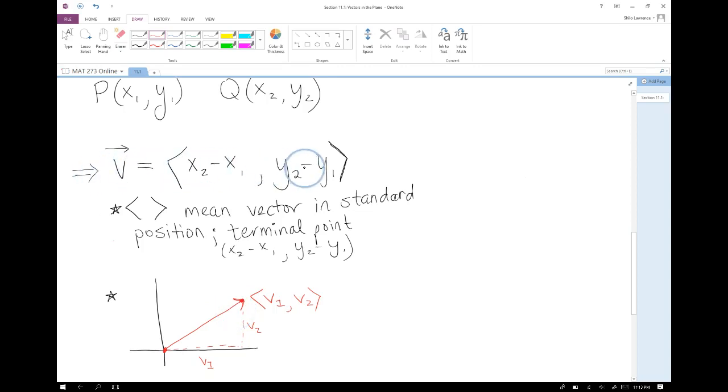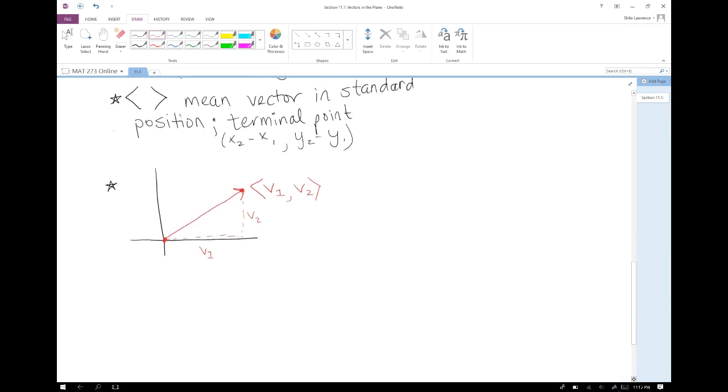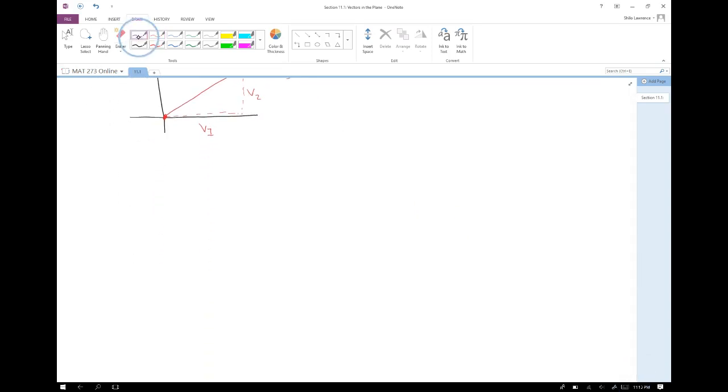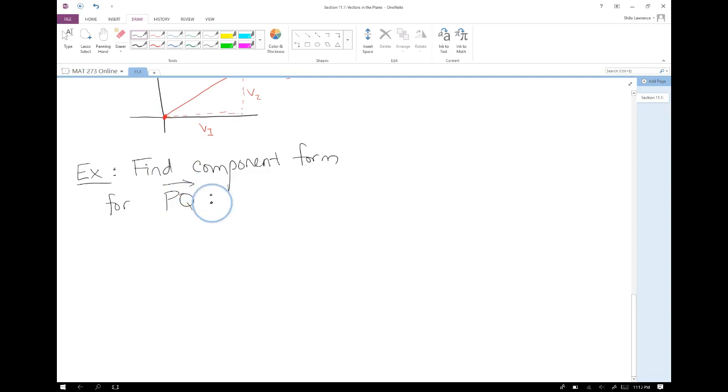So the way that we put a vector in standard position is we subtract those terminal components. We take the terminal components and subtract the initial components. So let's try a couple of examples. And the first one, we're going to draw it out to see exactly how it moves. So we want to find component form for vector PQ. And I'm going to give you the P and the Q. So if P is the point 2, -1, and Q is the point 0, 3,